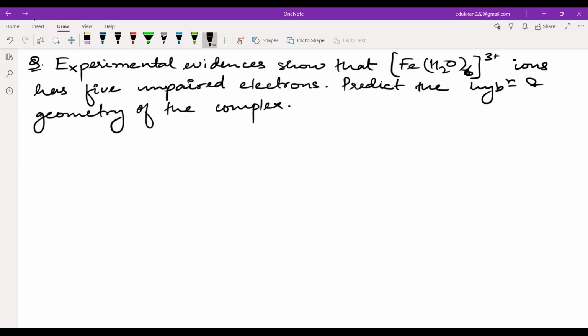I will suggest you one thing. By looking directly at the complex, you will never get the hybridization and geometry. Go step by step from the oxidation state, then draw the orbital diagram of the ion, whatever ion you have got, if it is Fe3+ or Fe2+ or anything, and then only ask whether you have to pair or not. Okay, so please start solving this question, starting with the oxidation state of Fe. I'm giving you 5 minutes. Do this whole thing, and then I will ask you in 5 minutes what is going to happen.